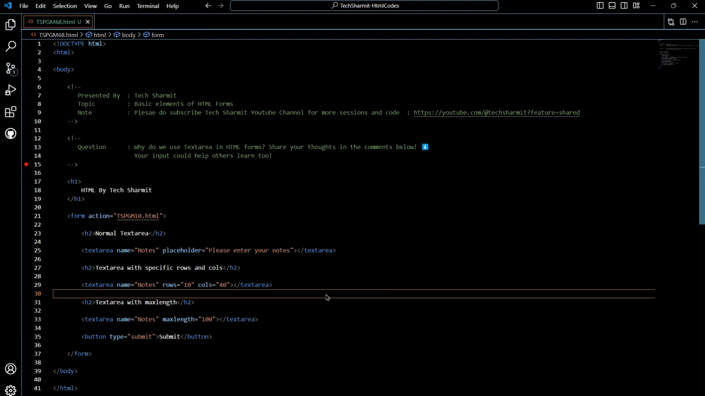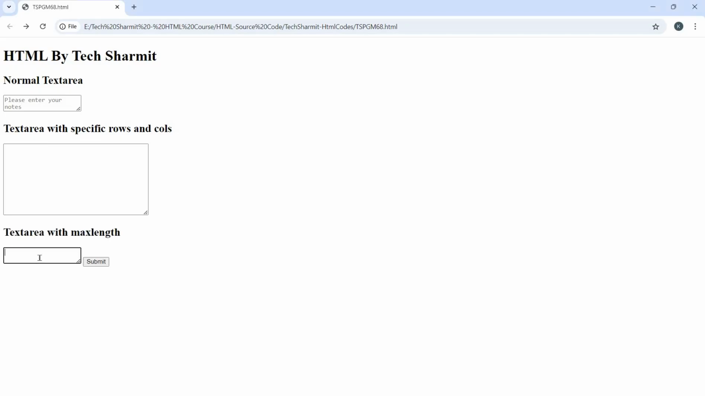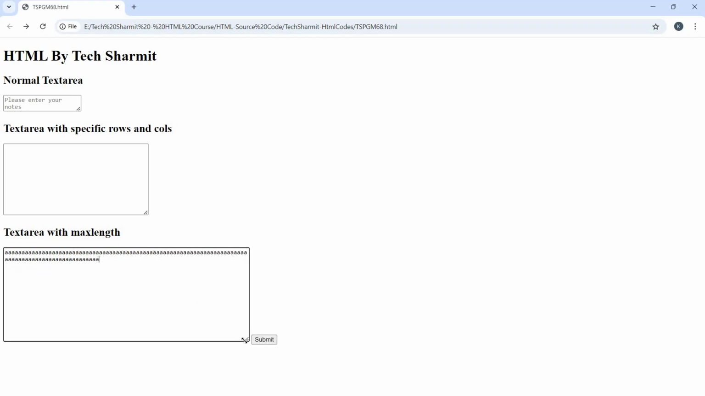So let's save this code and refresh it. So now when I try to write something here, it will allow only 100 characters. Let's see, I will write some random characters here. So after this point, it is not allowing me. Let me expand this to show you the things. After this, when I try to write something, it is not allowing me. Why? Because we have set the maximum length of 100 characters, and after 100 characters, it is not allowing me